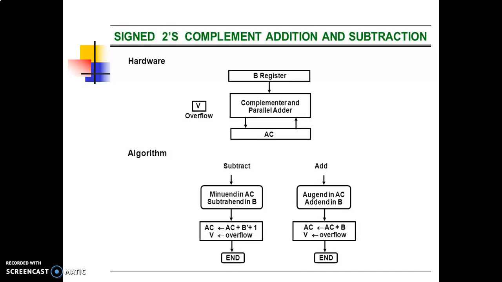The diagram below shows the flowchart for 2's complement representation. The sum is obtained by adding the contents of AC and BR. The overflow bit V is set to 1 if the exclusive OR of the last two carries is 1, and it is cleared to 0 otherwise. The subtraction operation is accomplished by adding the content of AC to the 2's complement of BR. Taking the 2's complement of BR has the effect of changing a positive number to negative and vice versa. Overflow must be checked during this operation because the two numbers added could have the same sign.